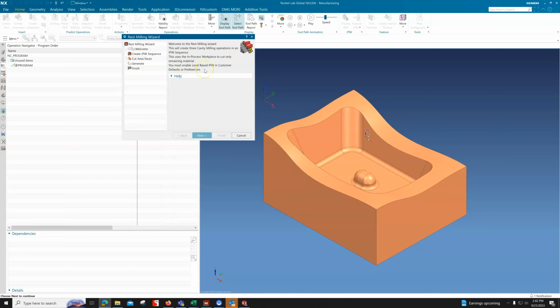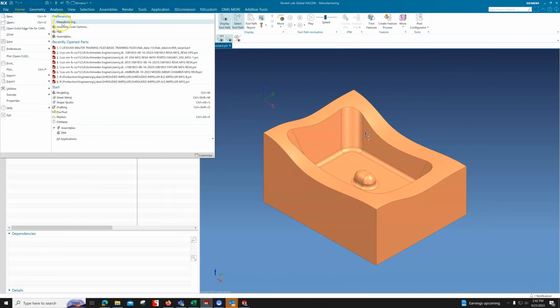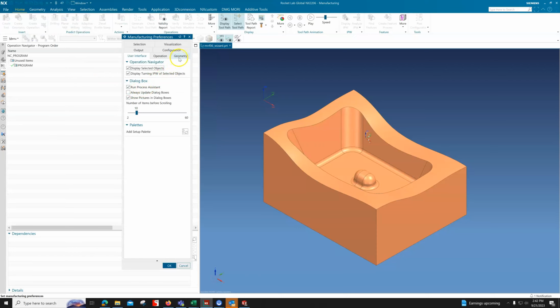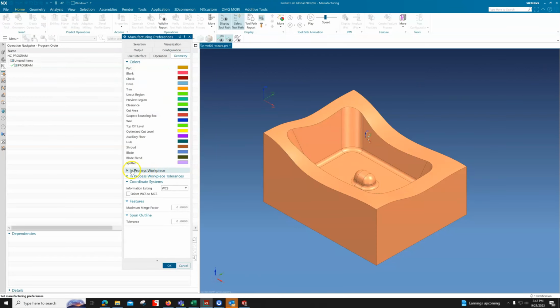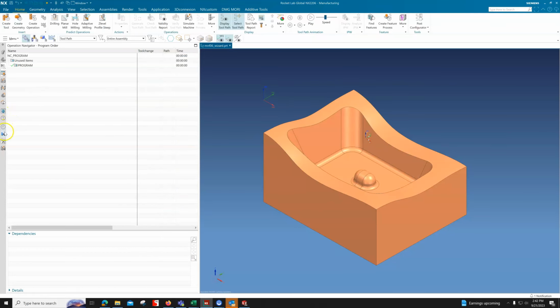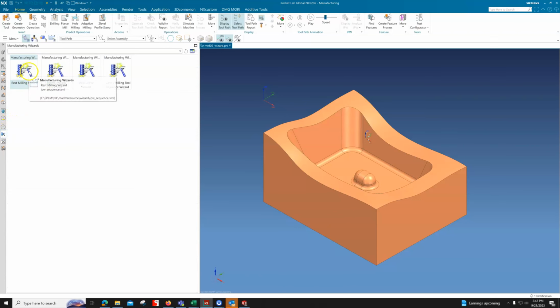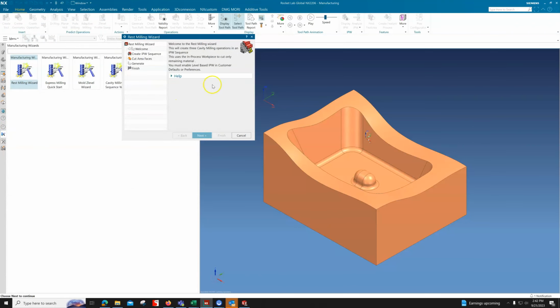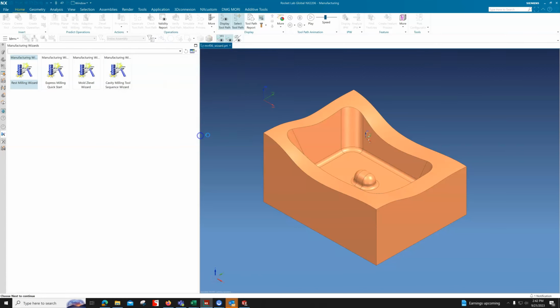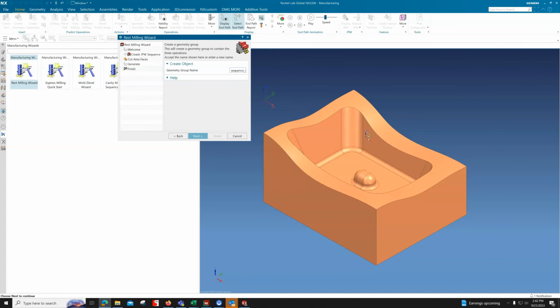I know it's already activated, but I'm just gonna show how to do it very quick. We go to File, Manufacturing, and then in Geometry we expand this one, in Process Workpiece tab, and then we select the Activate Level Based IPW, which is already activated, so we just say Cancel. We go to Manufacturing Wizard again, and then this time we just say Next, and then